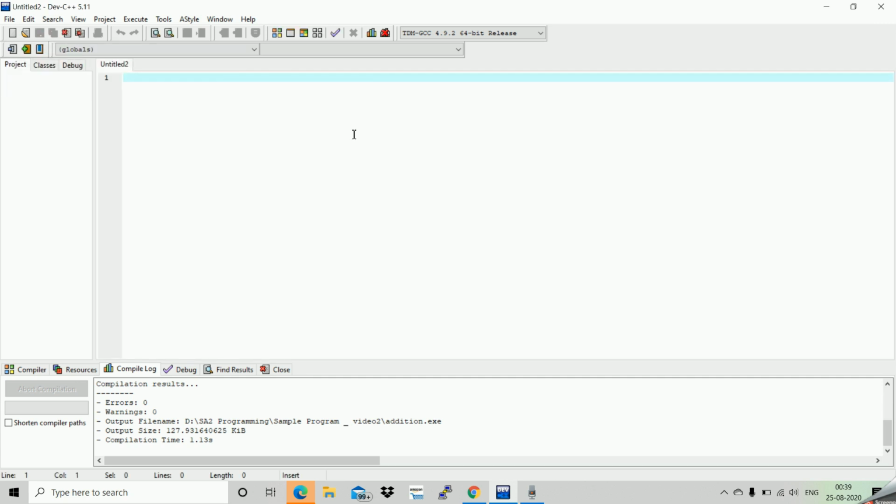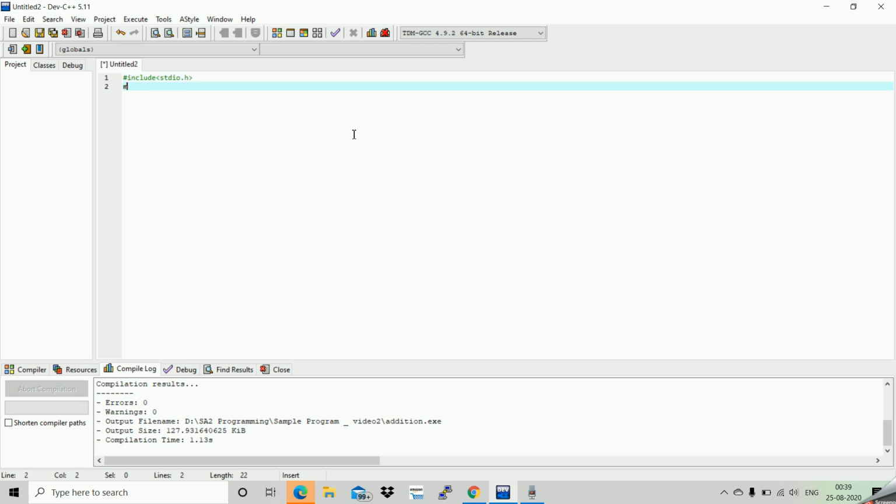So let's start writing our addition program. I will create a new file. You need to include stdio.h, as it contains the standard input output functions: hash include stdio.h. Then you need to write the main function, because main is the function from where the processor starts executing your program, and then you start declaring your variables.